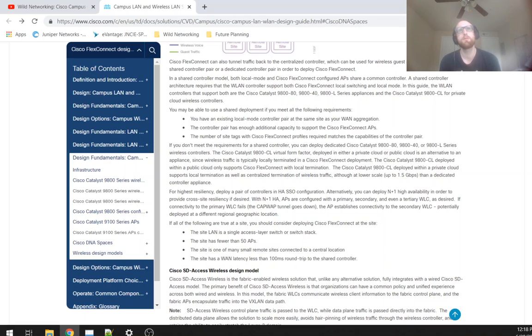You may be able to use a shared deployment if you meet all of the following requirements. You have an existing local mode controller pair at the same site as your WAN aggregation. The controller pair has enough additional capacity to support the Cisco FlexConnect APs. The number of site tags with Cisco FlexConnect profiles required matches the capabilities of the controller pair. If you don't meet the requirements for a shared controller, you can deploy dedicated Cisco Catalyst 9800-80, 9800-40, or 9800-L